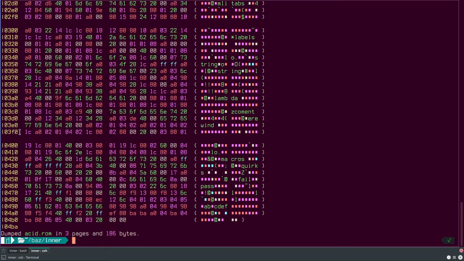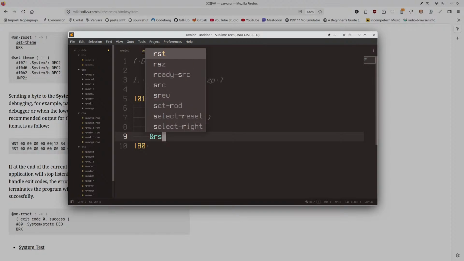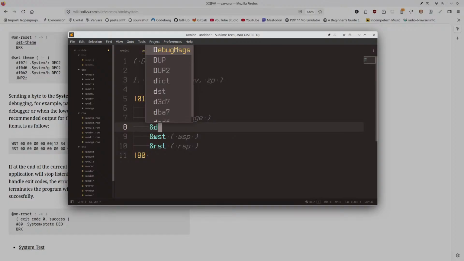So it would be a routine like this to print these 4 elements, which is the stack individually. So for example, I would say working stack and the return stack, with their pointers, working stack pointer and return stack pointer. And then also the device page, and